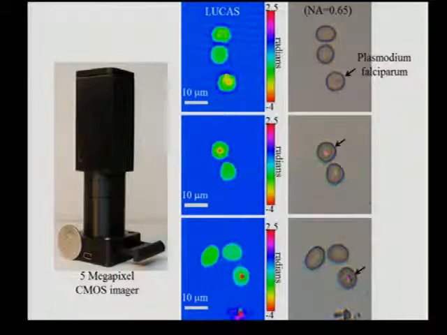This is about 150 grams, this initial design. Again, this is not a very competitive one because it's using an old sensor. It's a 5 megapixel, 2.2 micron sensor. But it still is pretty nice for looking at, in the phase reconstruction channel, malaria infection. This is a red blood cell, and these are plasmodium falciparum that is stained, that gives a stain to kind of give you contrast in the phase channel.